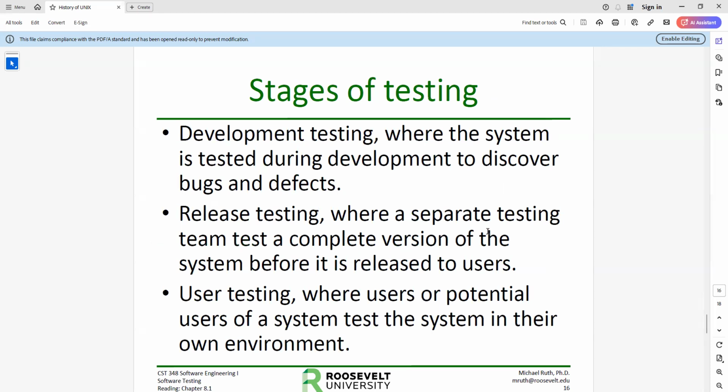Development testing is where the system is tested during development to discover bugs and defects. There are lots of different ways of doing this. You can use test-driven development, where you're actually building tests before you develop the software. That means as you're developing the software, you can determine if it meets a certain set of tests, a certain set of requirements, as you're developing it. Or you just run a set of test cases while you're developing. They call this desk testing as well, because you're at the developer's desk. The same person programming is usually testing in this regard. We're making sure it does what we expect it to do.